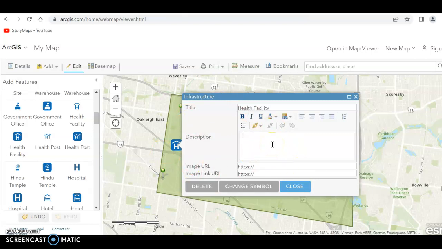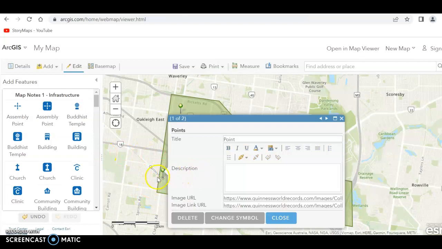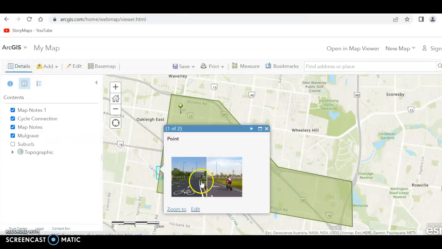Or alternatively, we can close that, just take a screenshot of their finished map and then do some annotations around it in a Word document afterwards with some explanation and maybe even some photos rather than having them incorporated in there. So rather than having the photos incorporated, I'll leave that to afterwards and maybe just have some arrows around the Word document explaining why they think that's an important